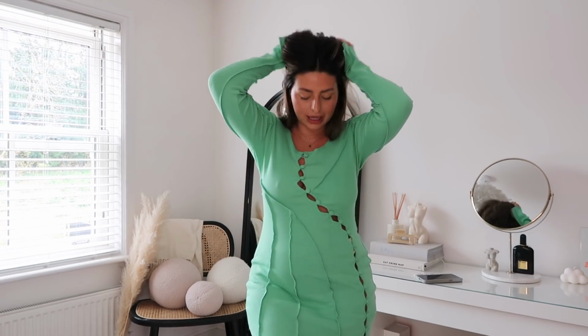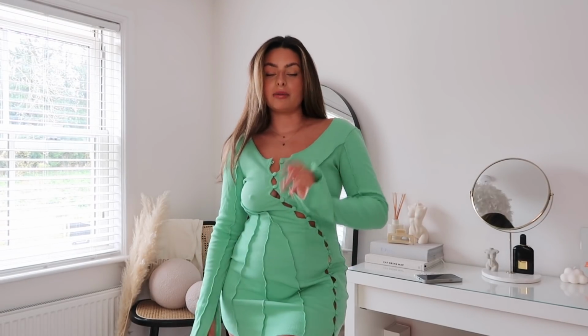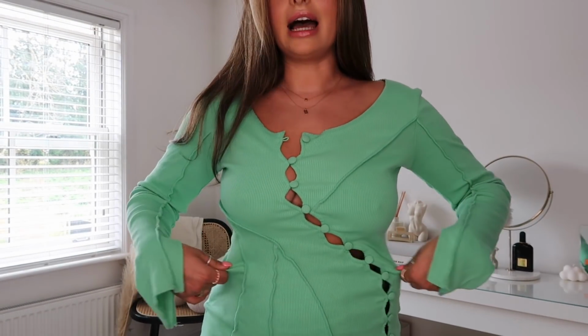But if this is a bit of you, or like I say, you just want to try something a bit different for springtime, then this color is so nice, so wearable. I think it honestly looks gorgeous on every skin tone, every hair color. You're all going to be able to pull this off. I did go for this one in a 10, and I'm glad I did because I feel like it fits a little bit better. Again, honestly, there is a little bit of loose material,